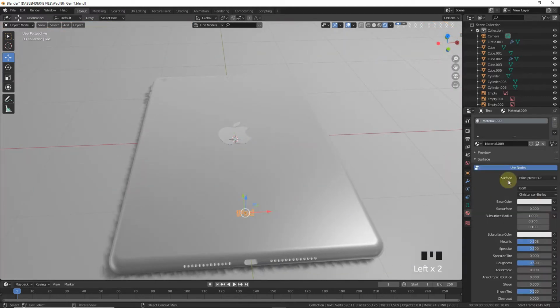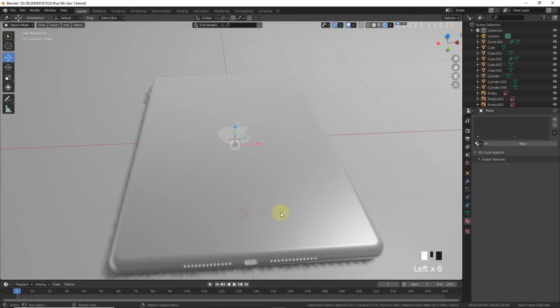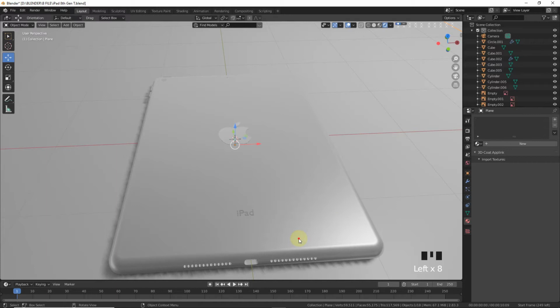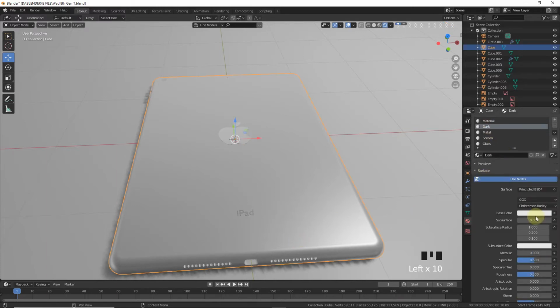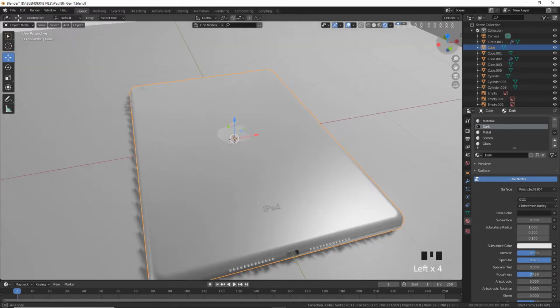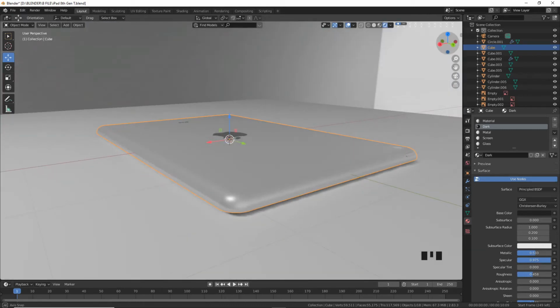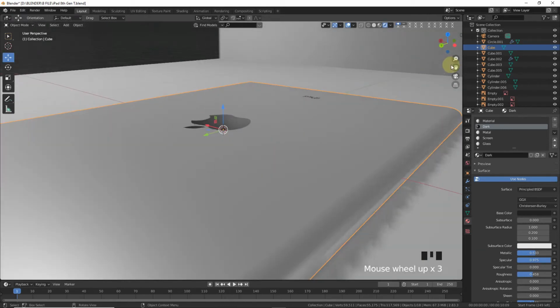Okay, select the iPad, change the dark to dark, increase the metallic look, specular level, decrease the roughness value, and also let's come over here